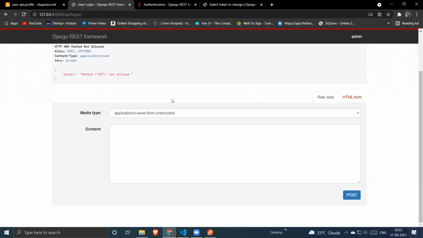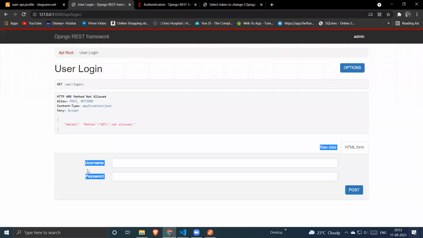Okay, right. So we can only submit our data to this login API, right? If I visit the HTML form, you will see we got the username and password.